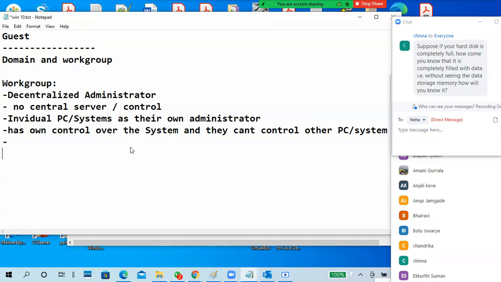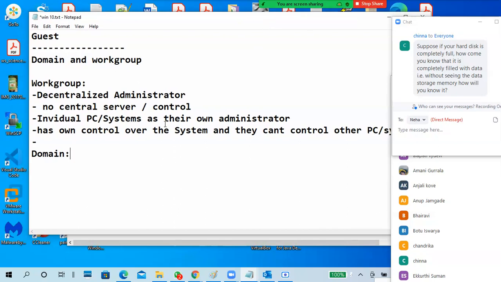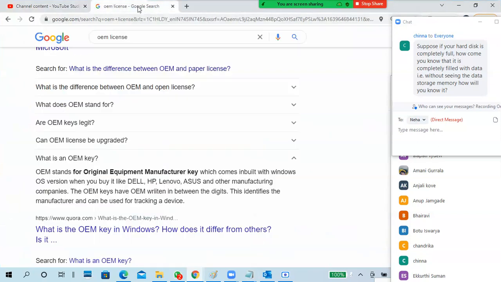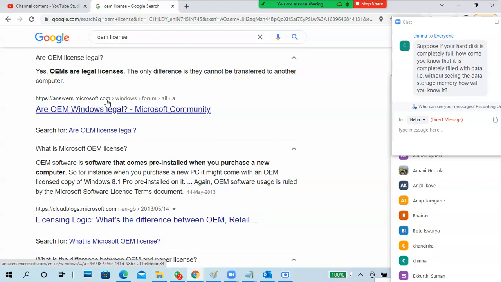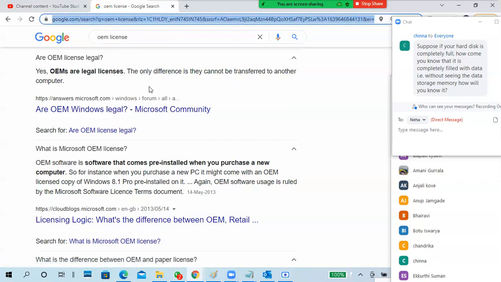Okay, but here it is. What is a domain? First of all, domain. Whenever you type domain in Google, it will give you a lot of different types of statements. So if you want to know about a domain, you have to say Active Directory domain, or AD domain. First I will give the definition, then we'll go on. Only domain. Then you can also explain Active Directory domain. Sometimes it gives results like Microsoft.com. That is also a domain. It is a URL, but sometimes you can also call it a domain.